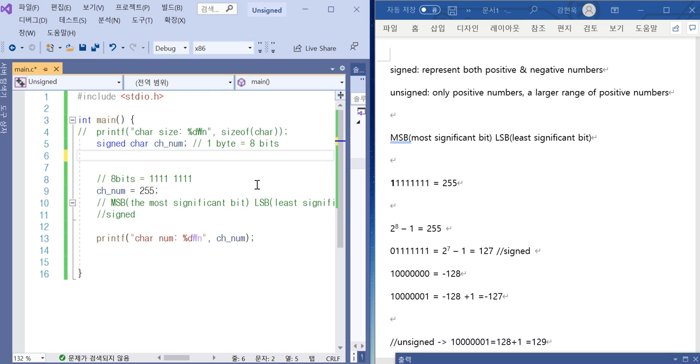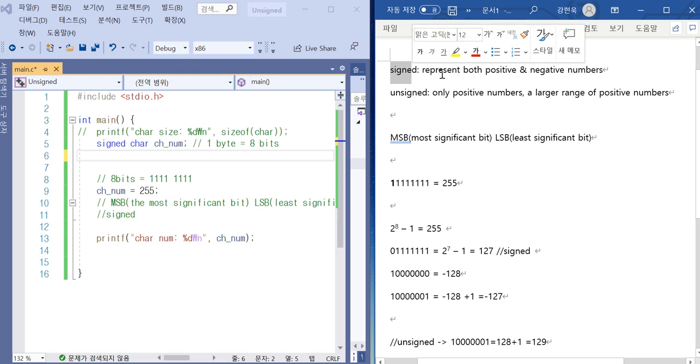Hello everyone. In today's video, I want to go over some stuff to do with unsigned and signed types and tell you about why we have unsigned types. With the signed type, you can represent both positive and negative numbers. With the unsigned type, you can only represent positive numbers, but it can represent a larger range of positive